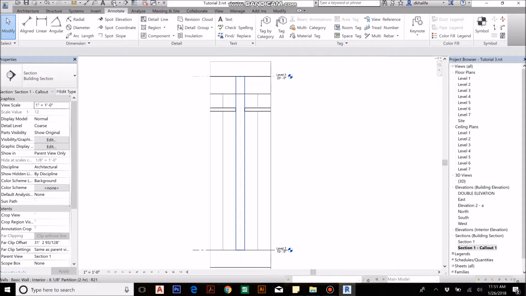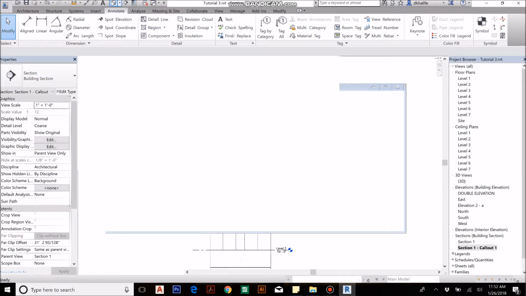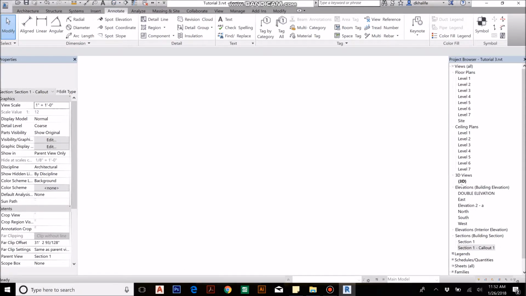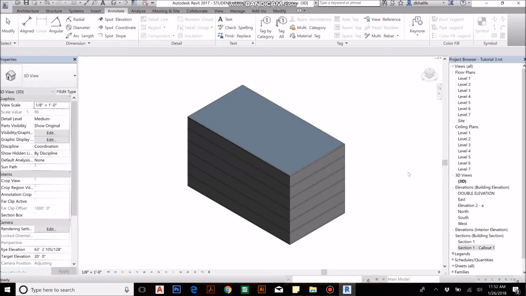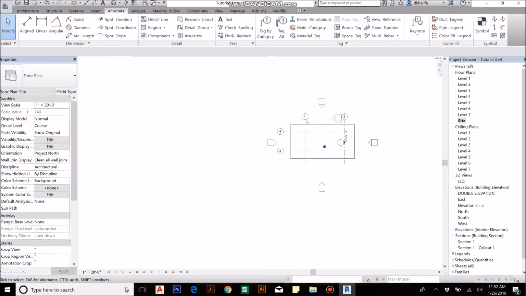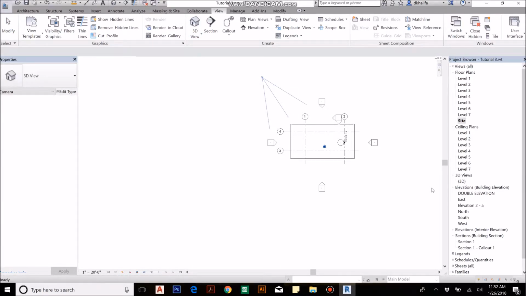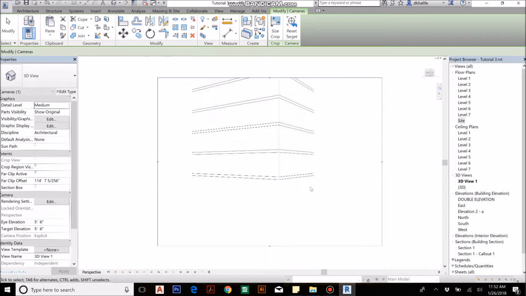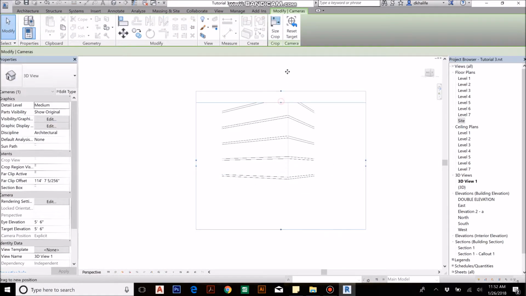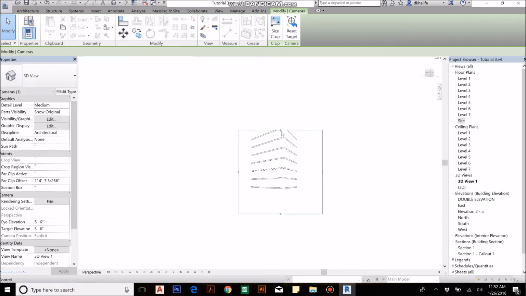The 3D views, you can go to the 3D view either by this box right there or by double clicking on the 3D view. So we only have one 3D view now, but let's say I want to add more views to my drawings. I'm gonna go to the side plan and add cameras, which means I'm adding more views. I'm gonna go under view tab, and under 3D view I'm gonna draw a really quick view right there. Now I have a view of the corner of the building, but you can add as much as you want,